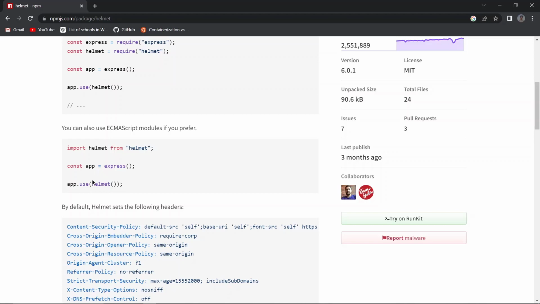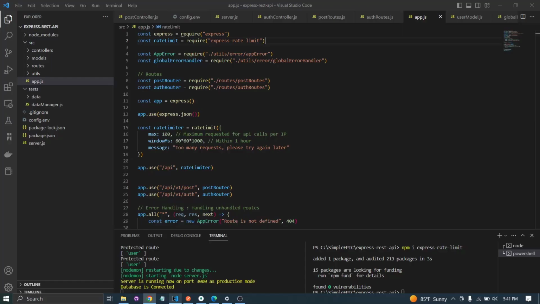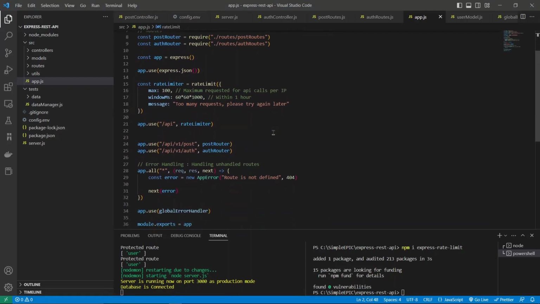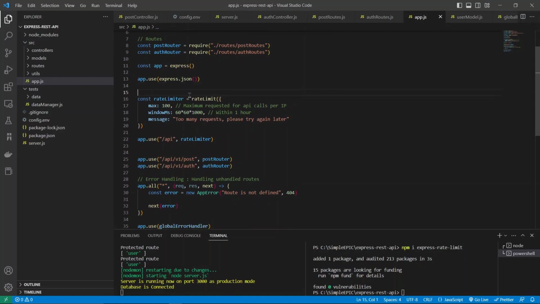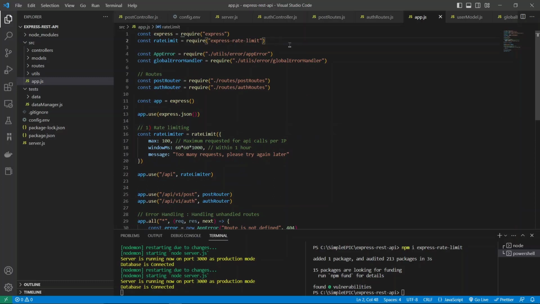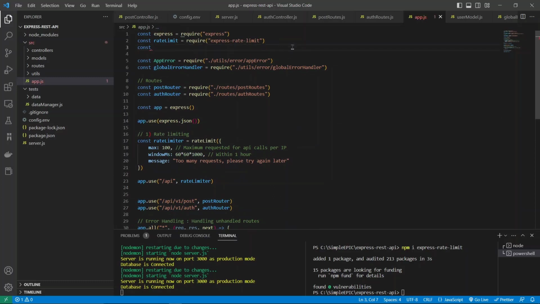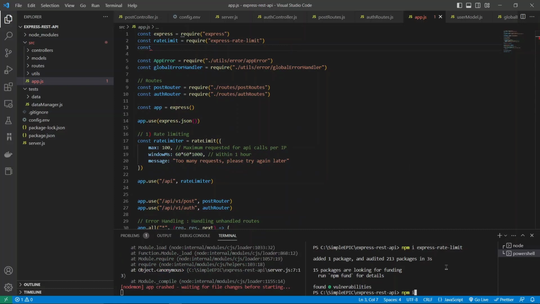So I think we can go to our application, and let me comment this as our first security practice, which is rate limiting, and maybe we have to first install the package called helmet,